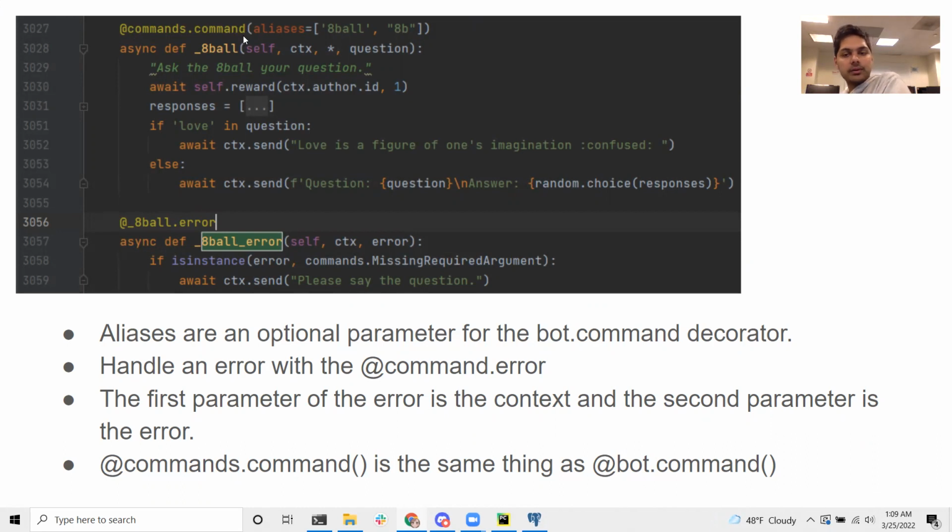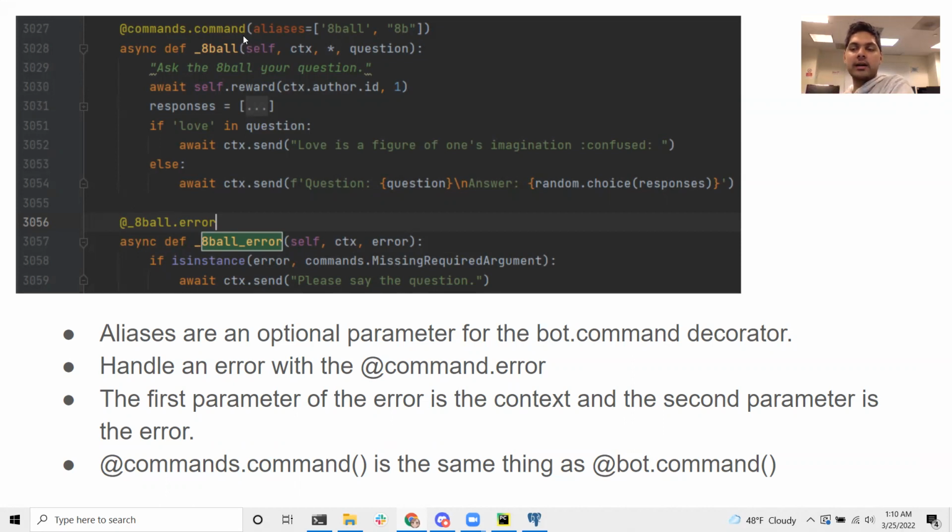What this command does is give the person one experience point. Then I have a bunch of responses, which are just strings, like "it is certain," "I doubt this," "it is likely," or "I don't think so." Those are what the bot is saying.